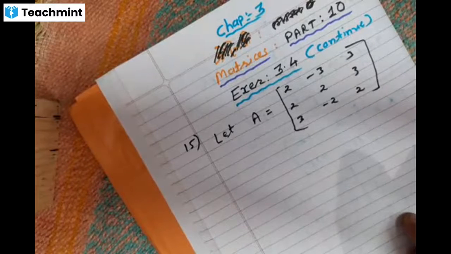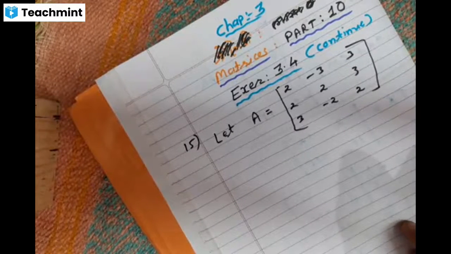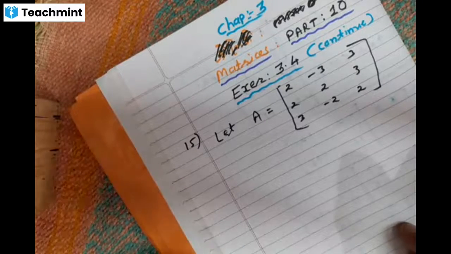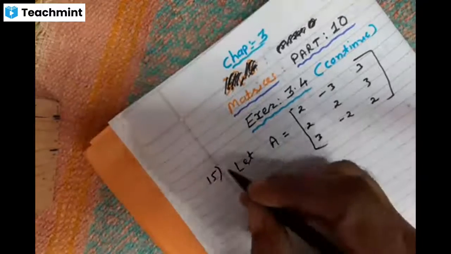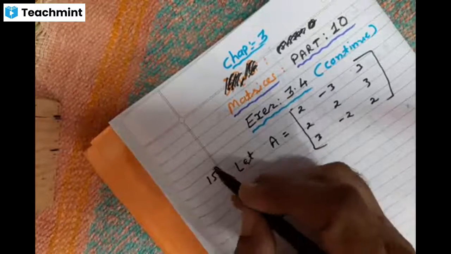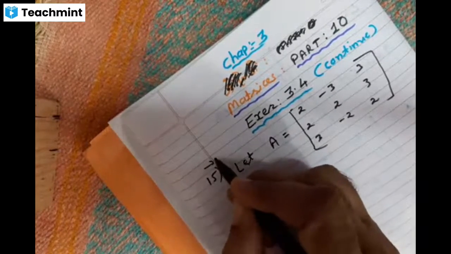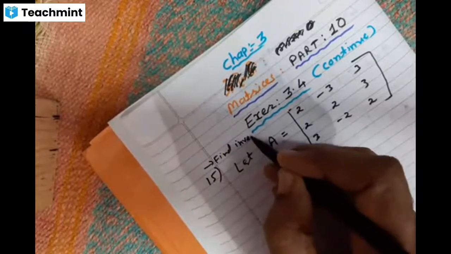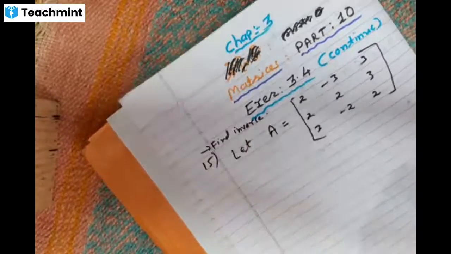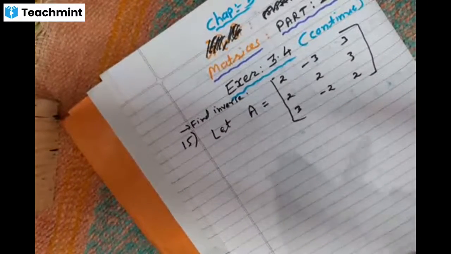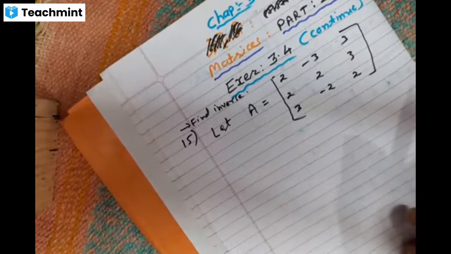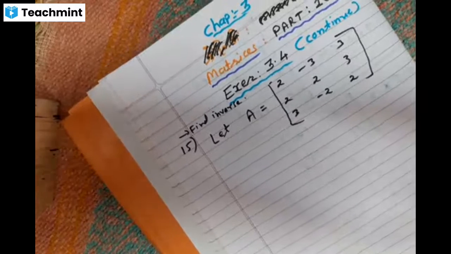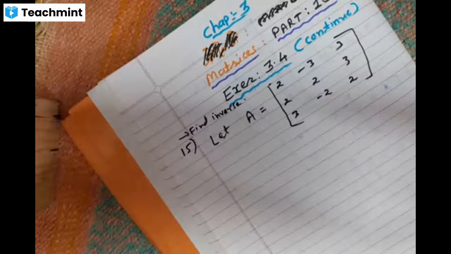Now the question is common for all the first 17 sums. What is the question? Find the inverse. I have not written it here, but you have to understand, if you have a textbook, the question is find the inverse, if it exists. That is also written. When it will not exist, that type of sum will come. I will definitely show you when it does not exist. Right now, all the sums we are doing are with the existence only.